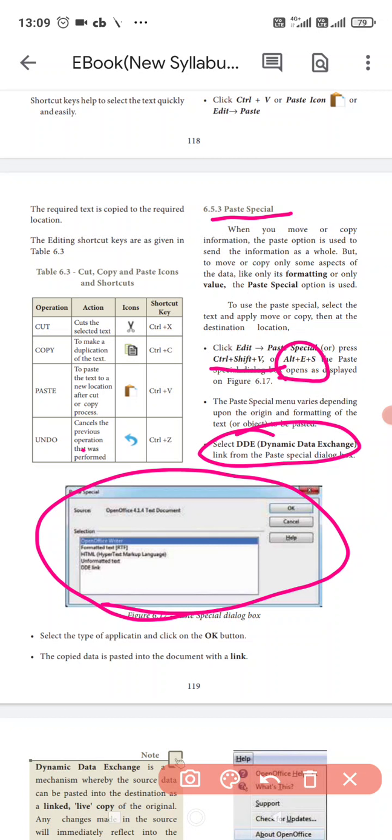Then you select your type of application and click OK. When you click OK, the copied data is pasted in the document with the link.